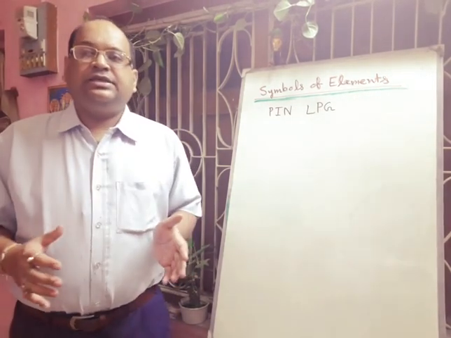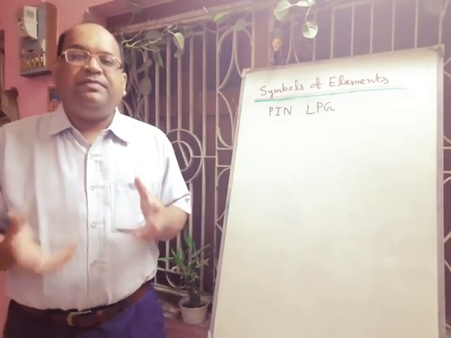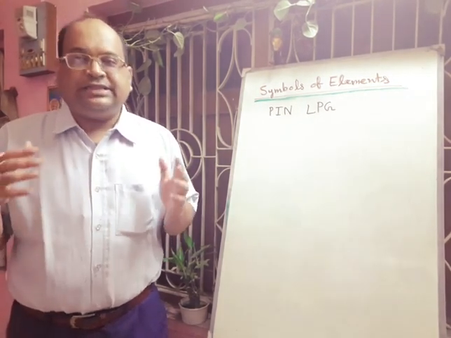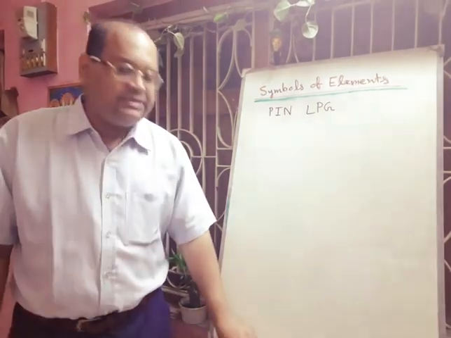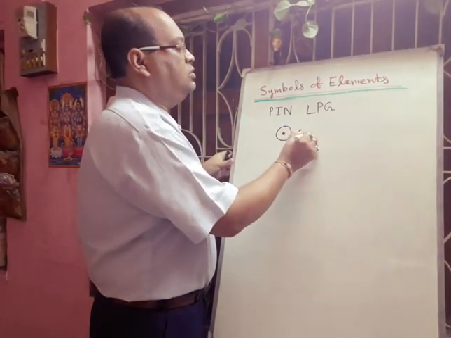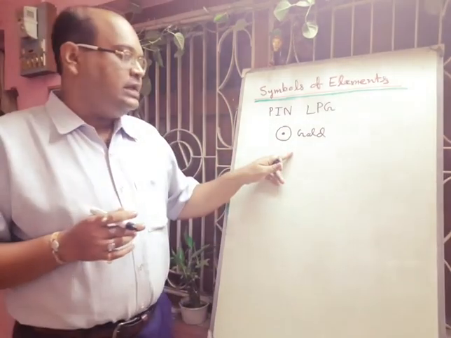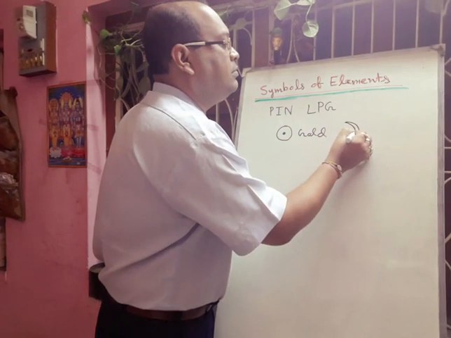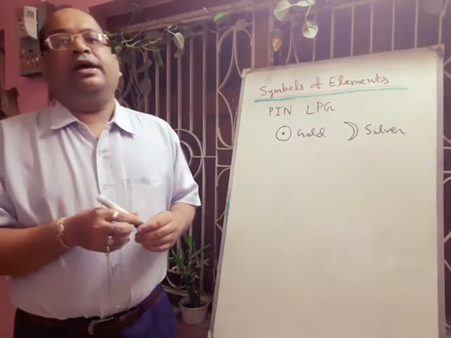In early days, the alchemists attempted to produce gold from different base metals. They used symbols for their substances to keep their work secret. At that time they used this sign for gold. So when they drew this sign, that meant they were thinking or writing about gold. And when they used this sign, this one is called silver.